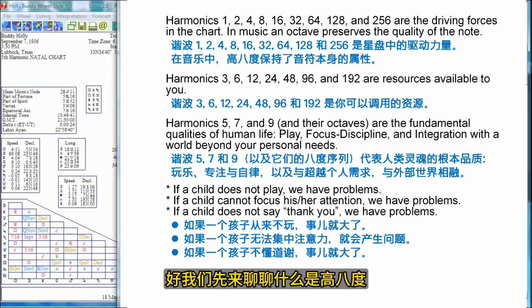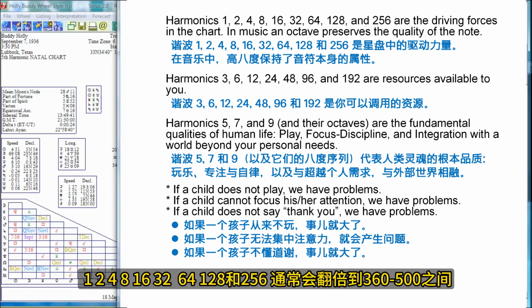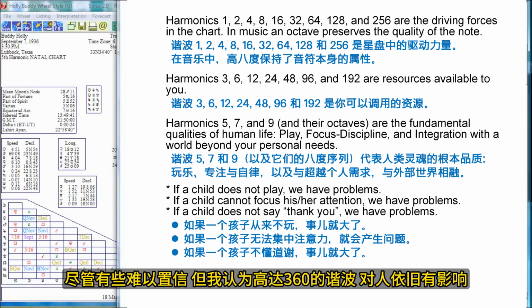Okay, let's talk about what we mean by octaves. There are certain harmonics that we call octave harmonics, and that's just starting with 1 and doubling. 1, 2, 4, 8, 16, 32, 64, 128, and 256. We generally stop somewhere between 360 and 500. I have found that harmonics all the way up to 360